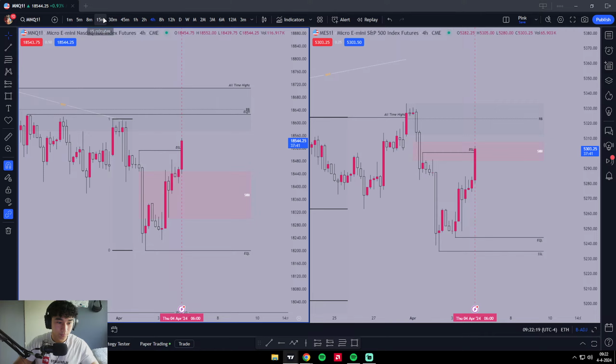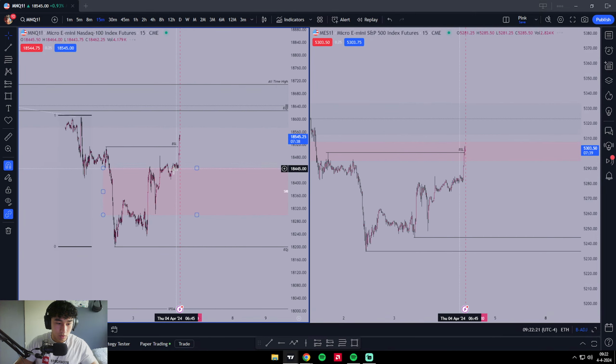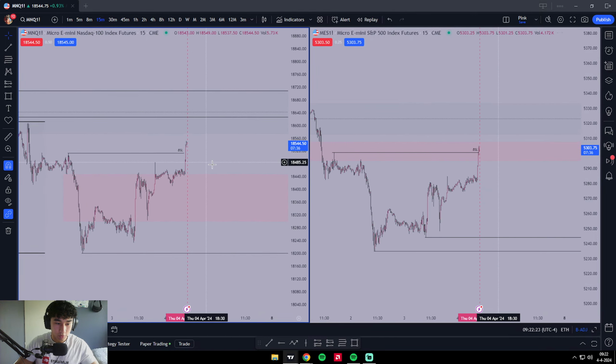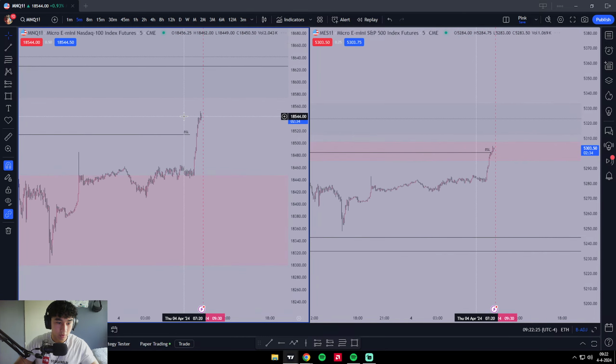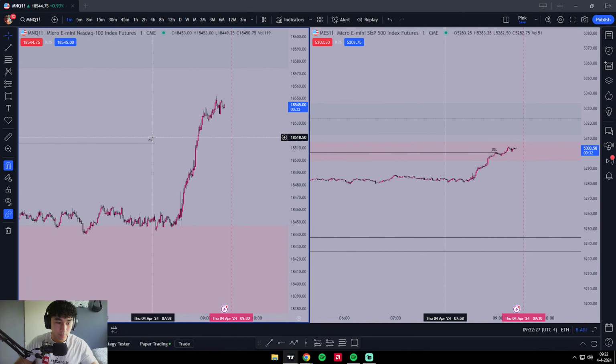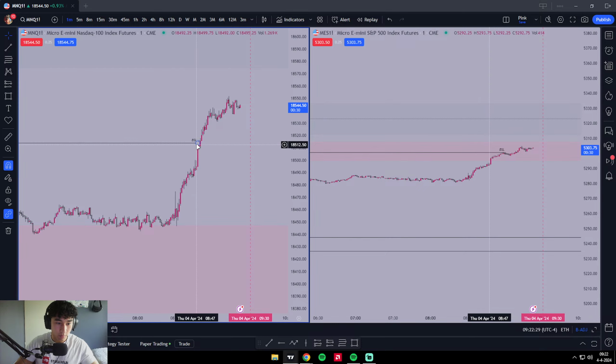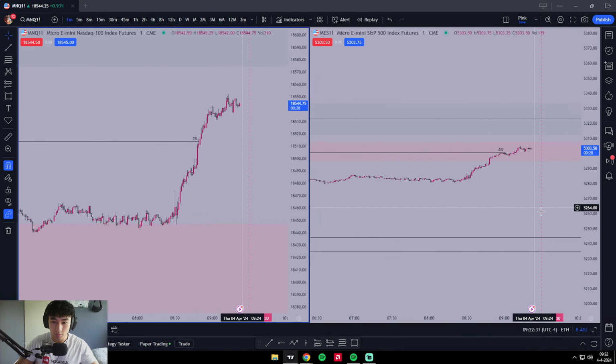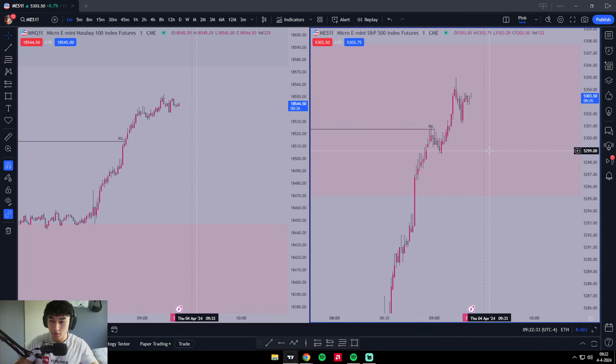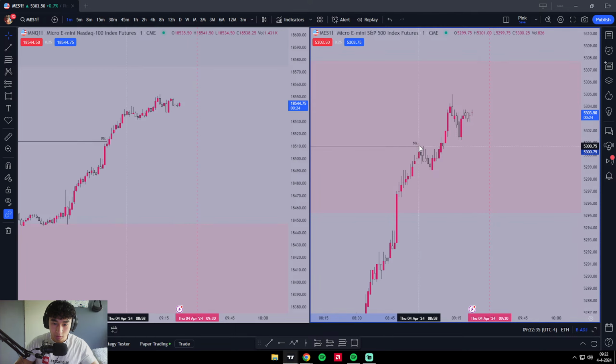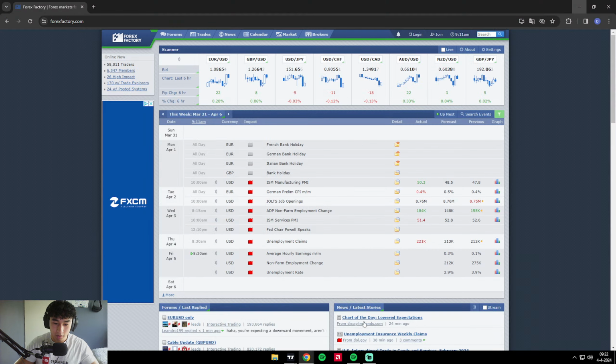So we'll see. We have all this liquidity here, but I think we just want to be bullish right now. We're just inside of this big range, but it's pre-market and we already have a big range, so I don't think the PM session is actually going to be great. We don't have any other high impact news. We only had the ADP non-farm employment,